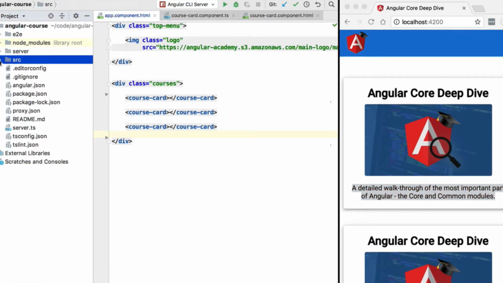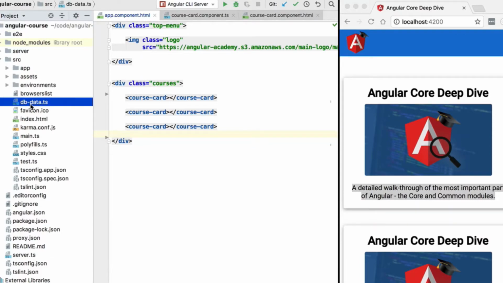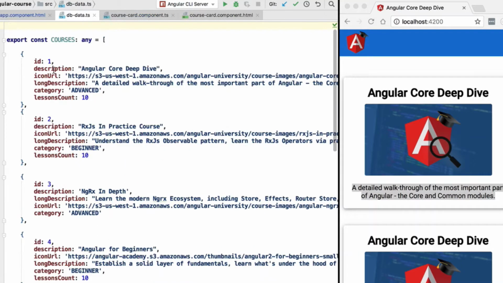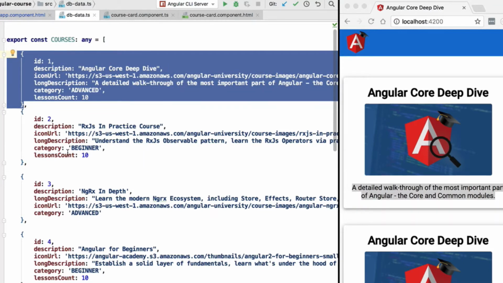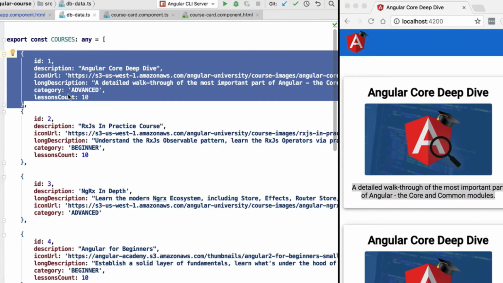If you open here our Angular course root repository and then open the source folder, you're going to see that there is a TypeScript file here called dbdata.ts. If we click on it, we're going to see that it contains a series of courses. So each of these JavaScript objects that we see here corresponds to a given course. Let's see how you can use this to print to the screen one course card for each of the elements